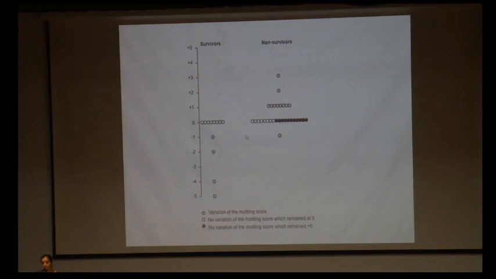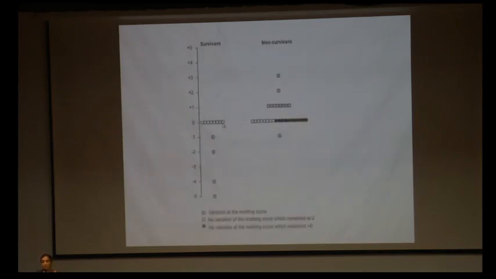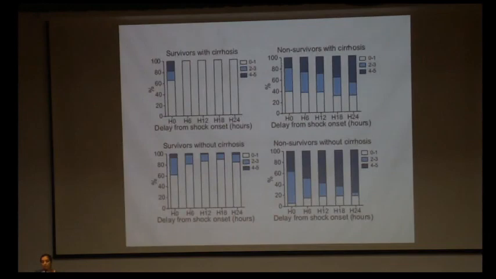Second, even in patients where the mottling score was 0, it was equally distributed. There were survivors, and even in patients who did not develop mottling, there was also mortality. So this is another graph from the same study